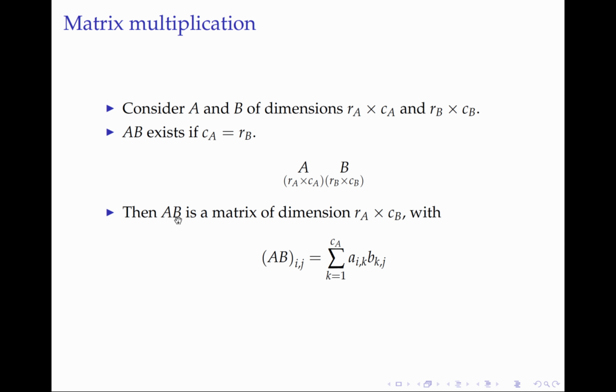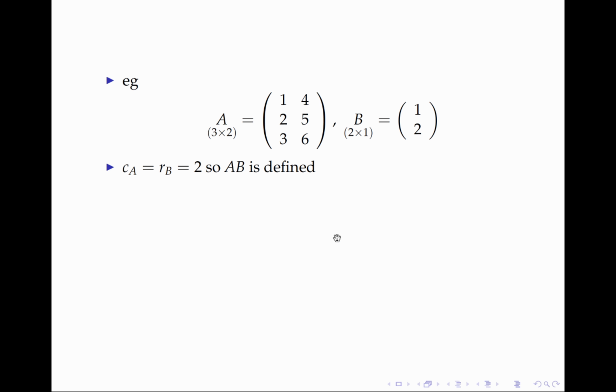The result, if that's true, if those two dimensions are equal, is a matrix A times B, and that has the dimensions given by these outside dimensions. The result has the same number of rows as A and the same number of columns as B. And the individual elements of this product have a formula that looks like this. Now we won't dwell on that formula because I don't think that's all that illuminating,